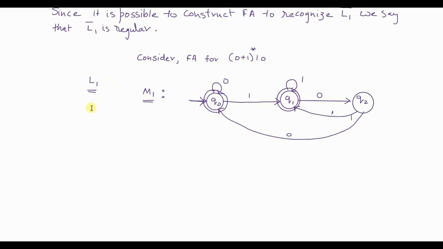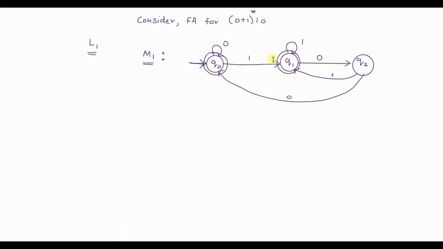Now observe, L1 is the language that is given to us. And what is that language? The language accepting strings of zeros and ones where the string always ends with 1 0. Now the automaton that we have got is no longer the same automaton. It has become M1 bar, so it will accept all the strings which are exactly the opposite of this. So this is the automaton. You can trace and check.